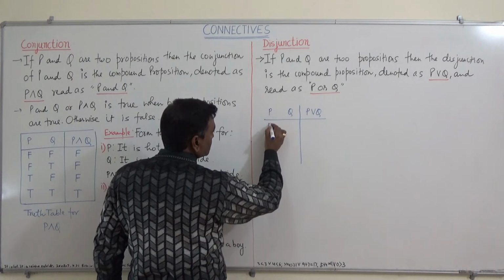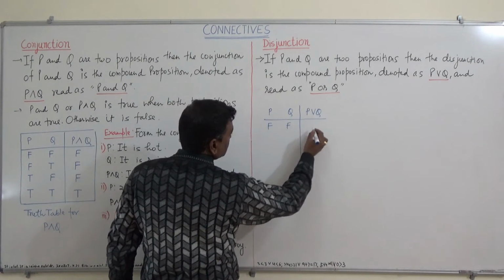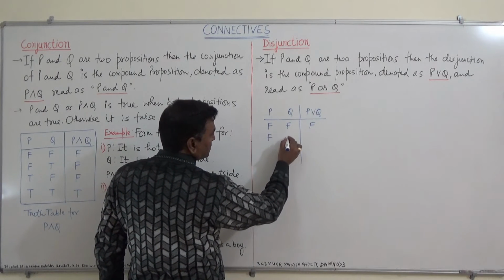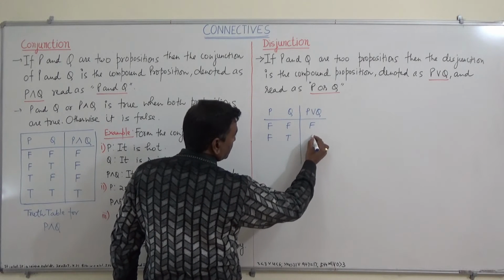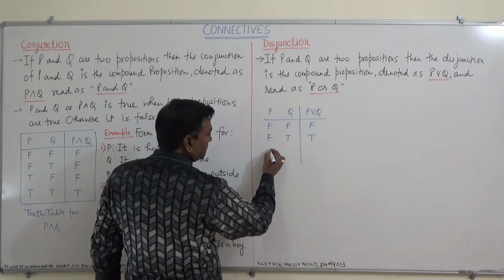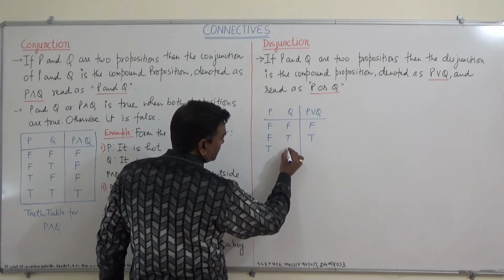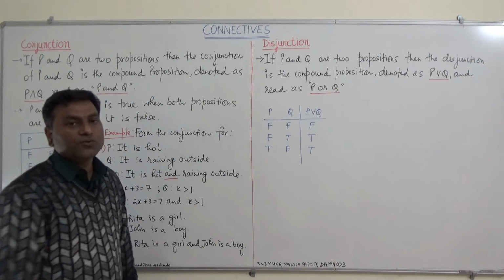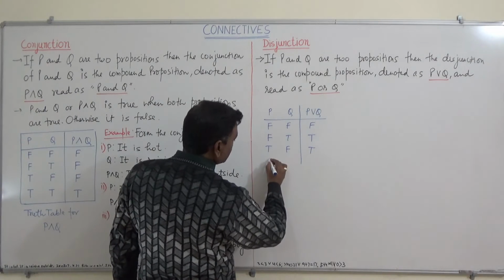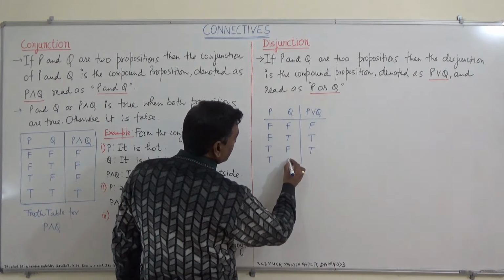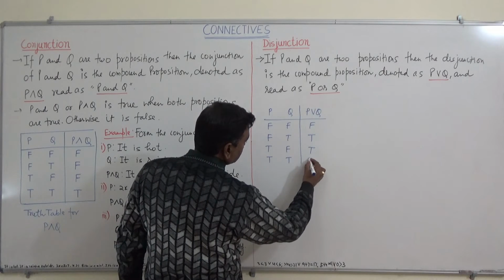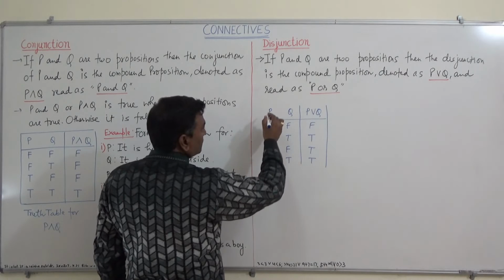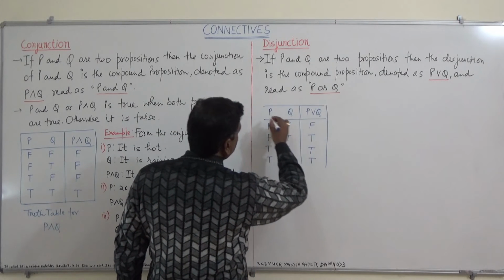If P is false, Q is false, this is false. If P is false, Q is true, then this is true. If P is true, Q is false, again this is true. And if P is true, Q is also true, then this is also true. So we can say from this table that